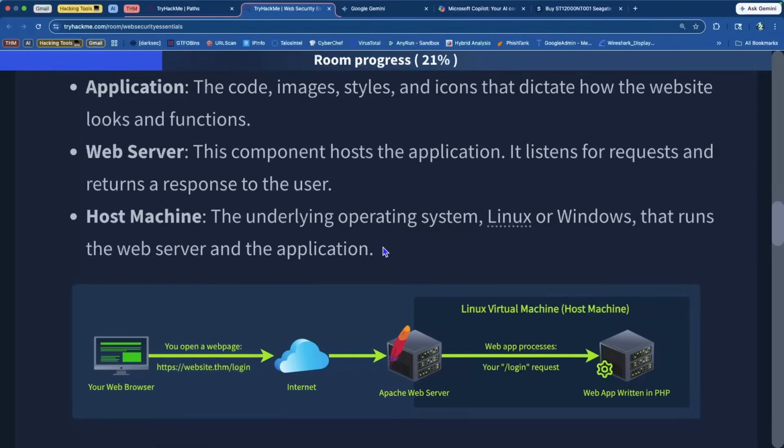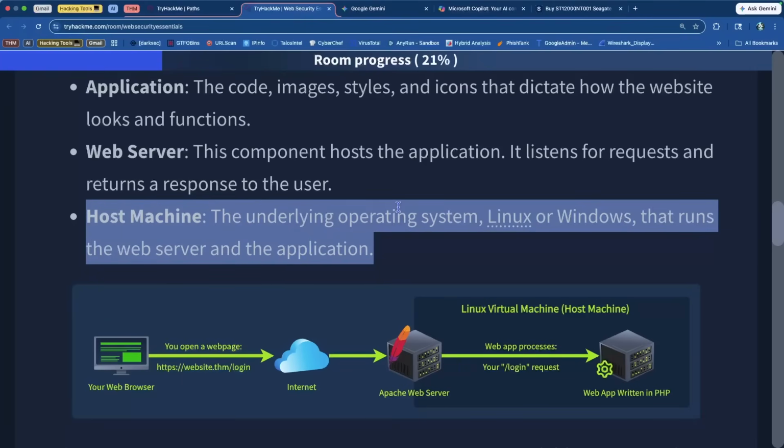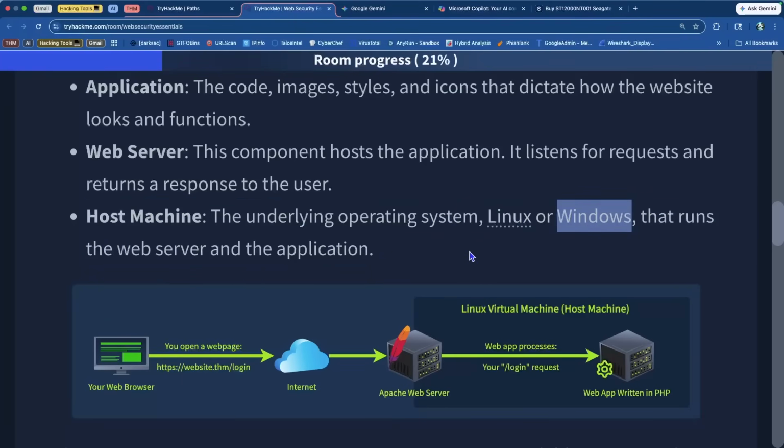In most cases, if it's for a website, it's a Linux operating system. It's very rare that it'll be a Windows operating system that houses a website, unless it's a specific domain inside of a company and they have everything sitting on Active Directory, and they use Windows servers as their integration with Active Directory so that all their employees can access the data and the files that they need. But when it comes down to websites, more often than not, it's a Linux operating system that is the host machine sitting on top of this web server,